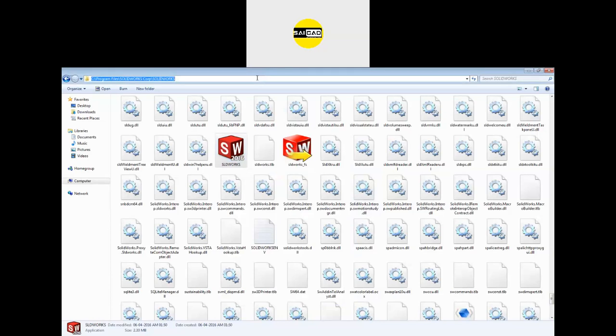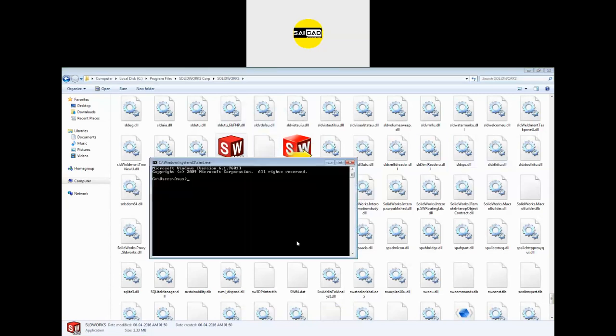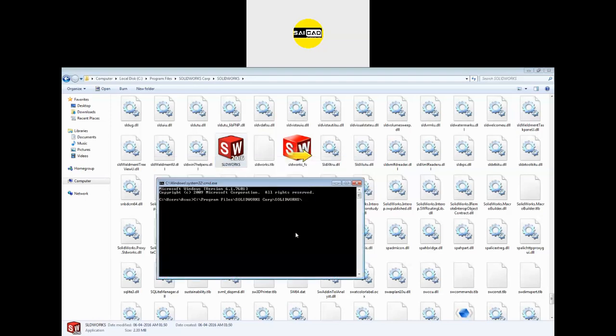Control C. Now you have to go to the command prompt, CMD. It will be enabled from the CMD option in the start. Here you type the location. Right click and you can paste like that. So the link will be C, Program Files, SolidWorks Corporation, and SolidWorks. After that we will have a backslash again, and the file name is here, SLDWORKS, in caps.